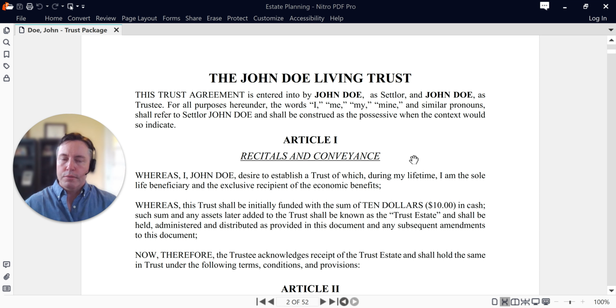So without further ado, jumping right into it, the trust, the revocable living trust in this case, is really going to be the centerpiece of the plan. That's where the distribution wishes, when we're dealing with inheritance, come into play. A lot of the incapacity planning is in here as well. So if you can't handle your own affairs, you're determining who's going to do that and under what circumstances.